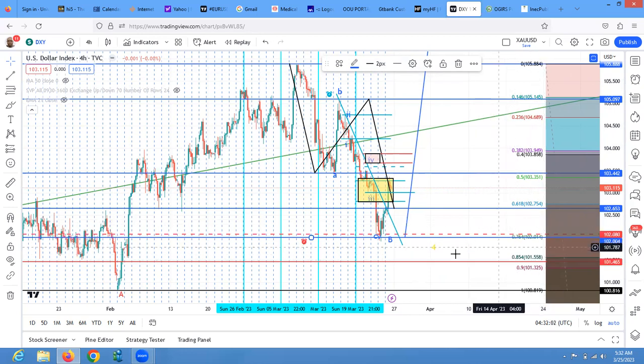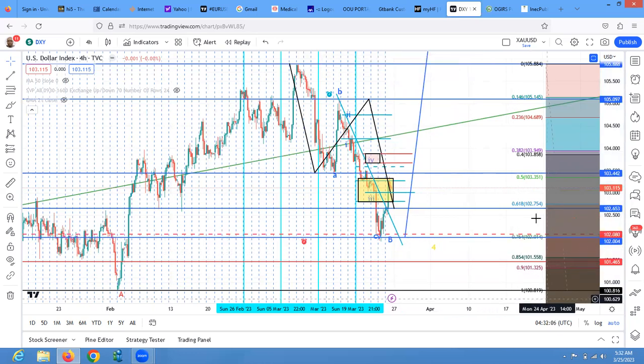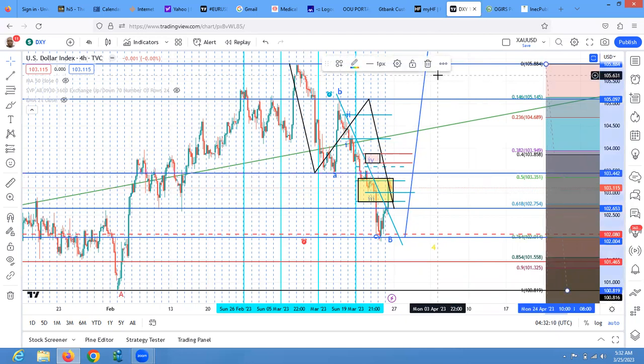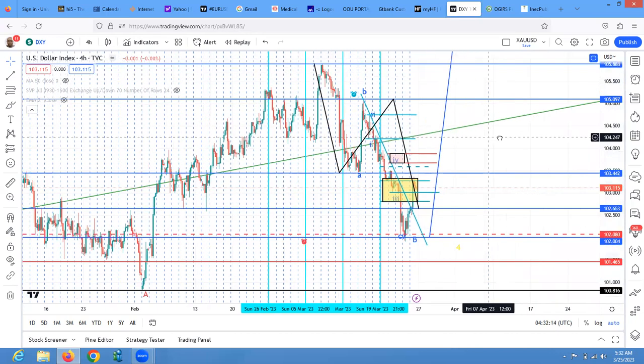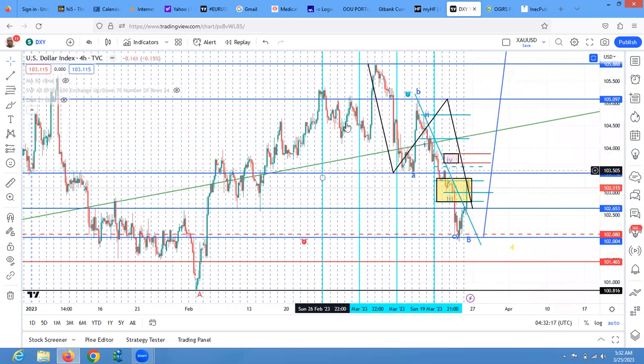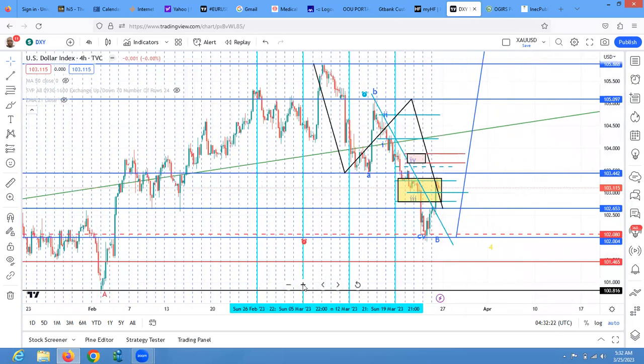So that is a change of a structure. It doesn't agree with what we know. When a structure is broken, you have to know that structure has been broken. Now, when we look at the way the correction was coming down in between, to turn up, if we look at it, we saw that